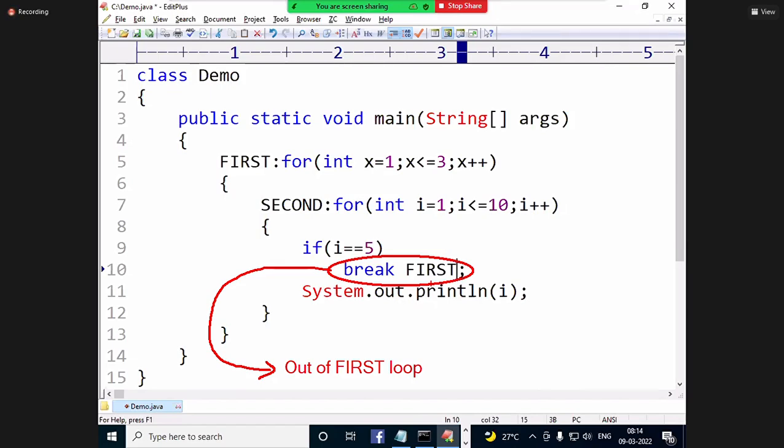Write this one. I'll explain. Note down, just note down. Once again, I'll explain. So first, I already wrote it. I'll explain.